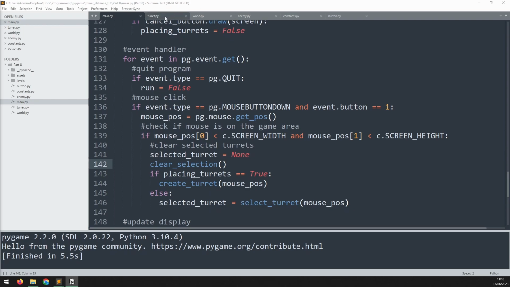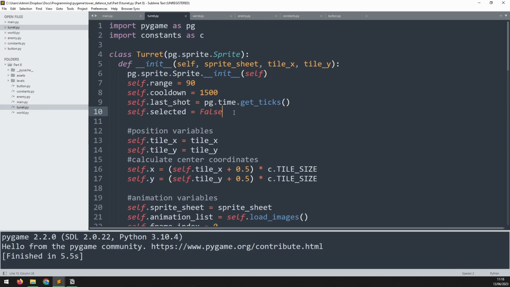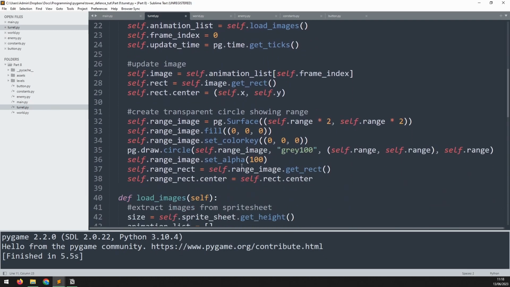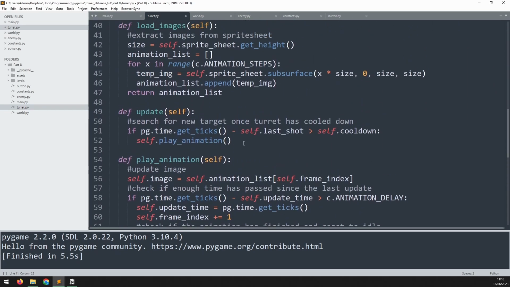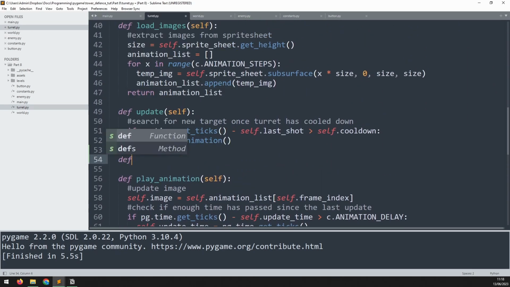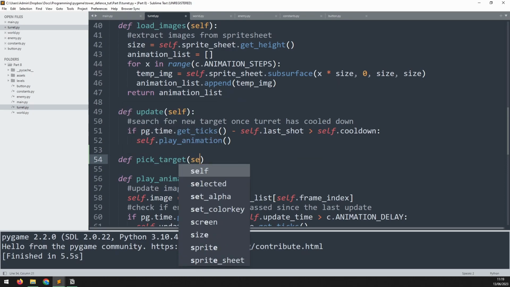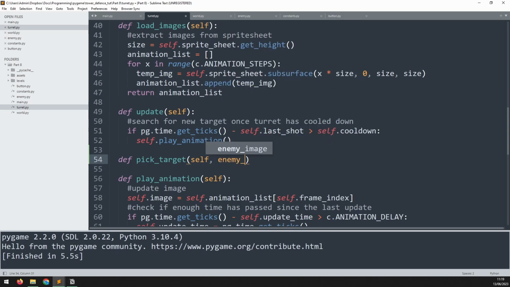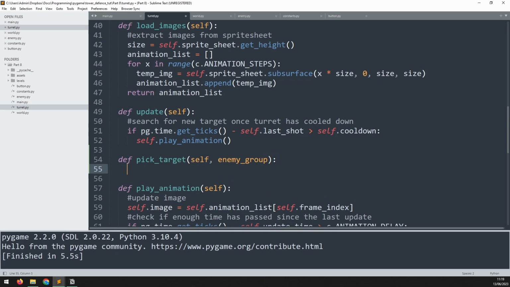To begin with, I'll go into the turret class and I'll create a new variable here, which will be self.target, and it will be set to none. This is going to track the target that the turret is aiming at. Then we can go down to just below our update method and create a new method. This one will be called pick_target. And the arguments that it will take is self as usual, and then it will take the enemy group. We will pass that in a second, but it will need to be able to know where all the enemies are